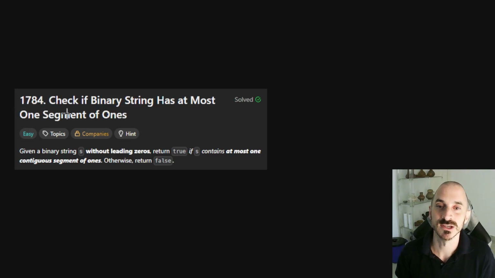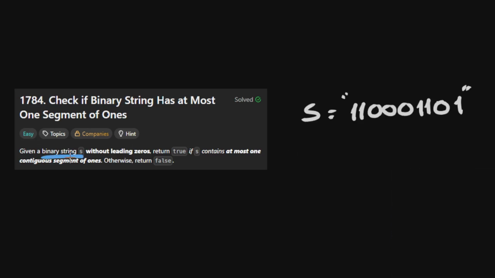1784. Check if binary string has at most one segment of ones. This is an easy problem and next I will show you my thought process and efficient solution. We are given a binary string S, meaning a string with only ones and zeros without leading zeros. And we need to return true if the string has at most one contiguous segment of ones, otherwise we return